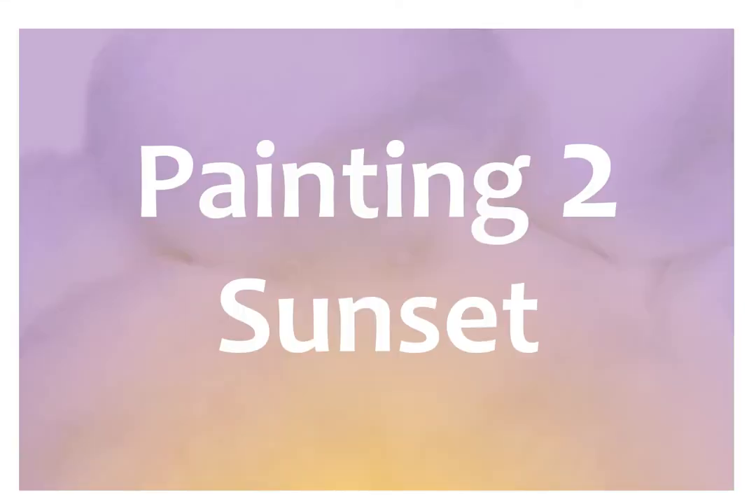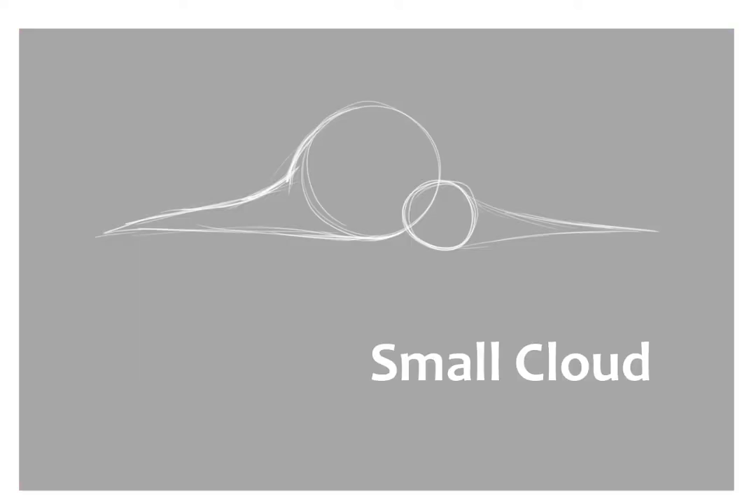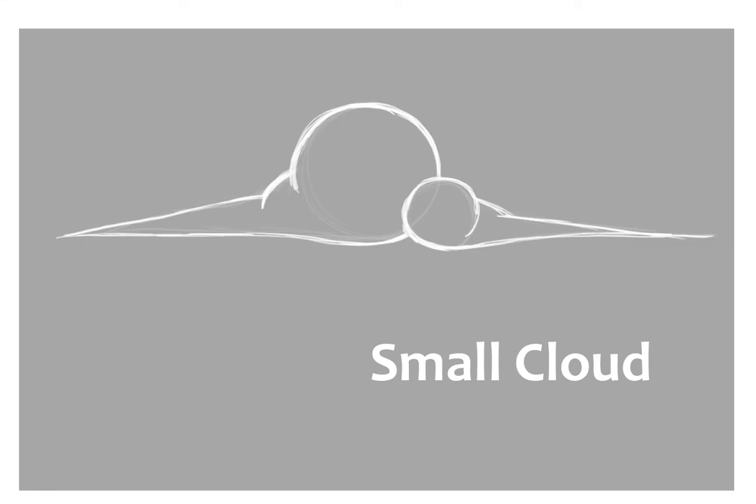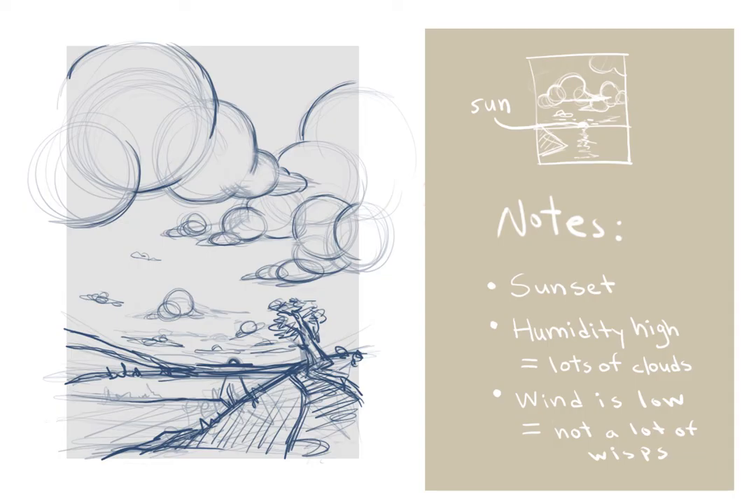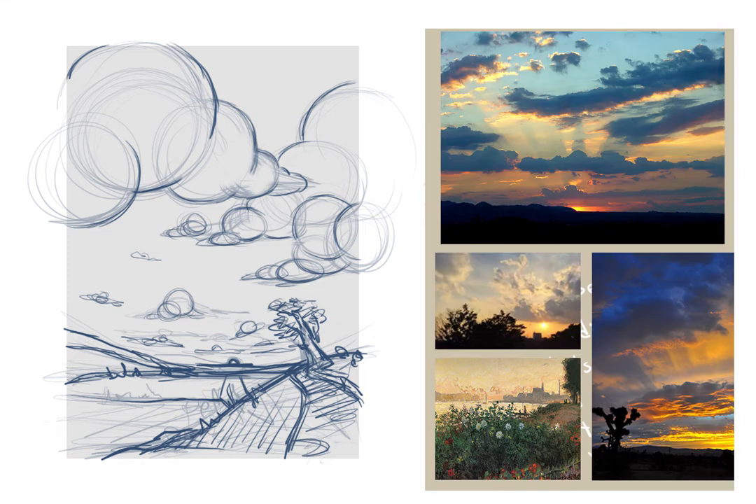The second setup I have is for a sunset. There is not much wind, so the clouds are pretty rounded, and only the little clouds have long wisps since they are more susceptible to light breeze. The weather is rather warm, so there's a lot of humidity in the air, which has created these nice big clouds. Just like in the previous drawing, I have first gathered some references of sunset